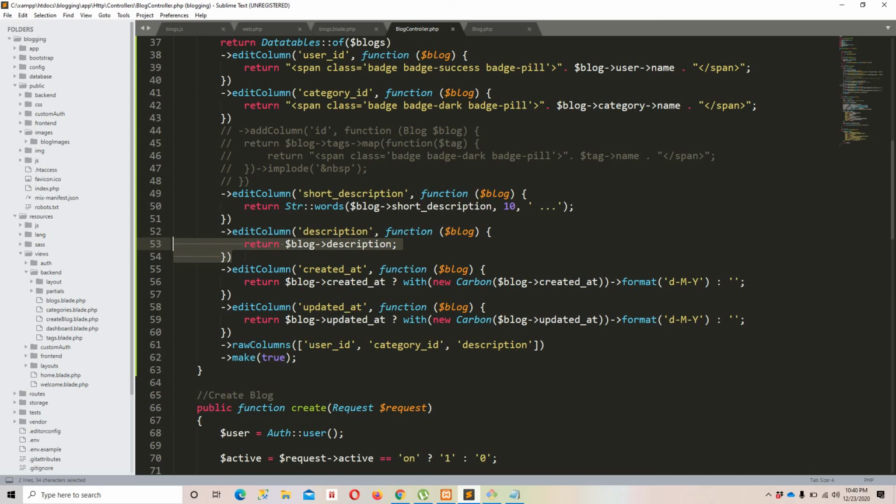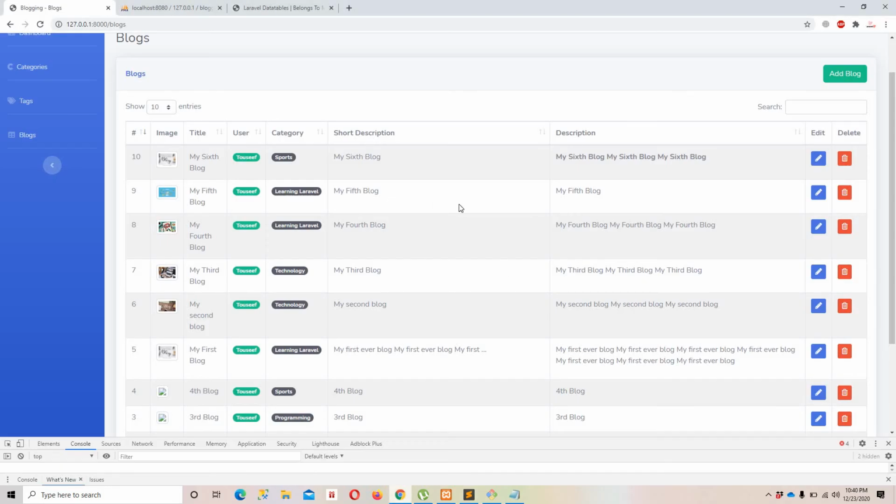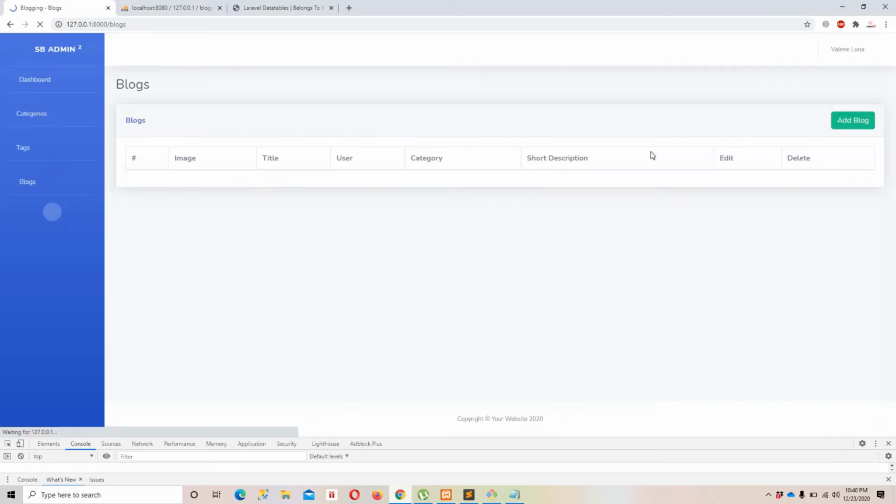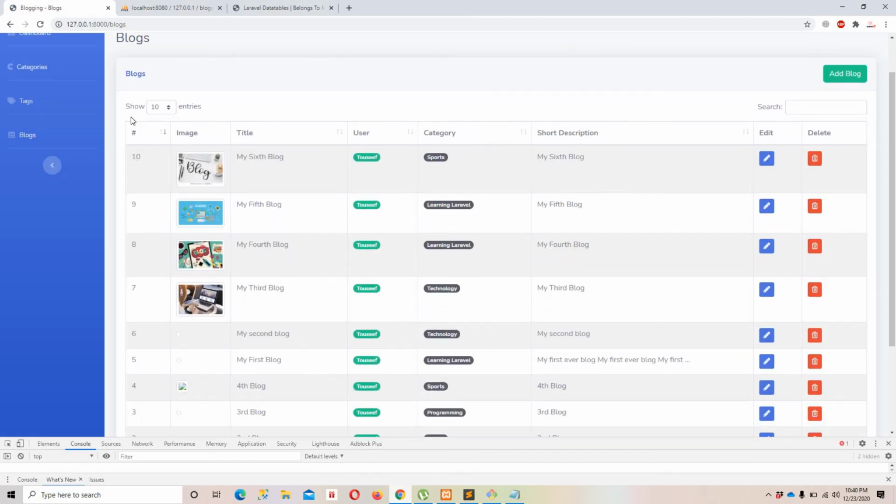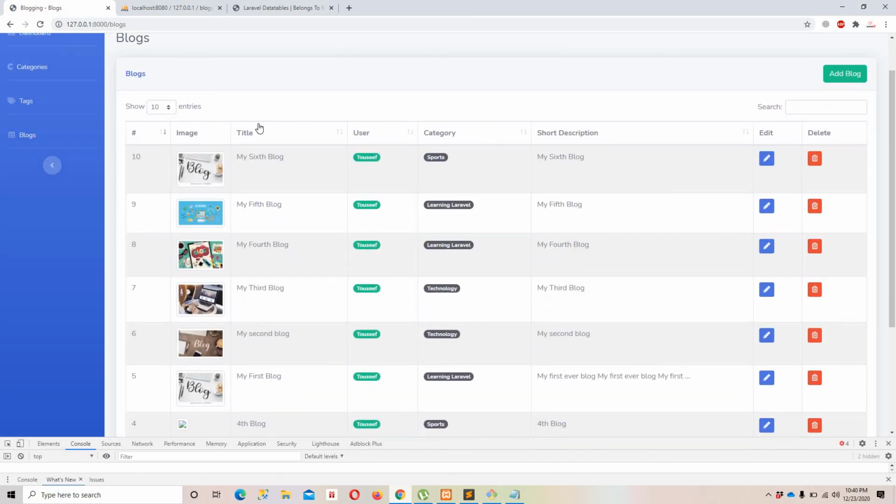Okay, it's totally your project, guys. You can use this description tags in the tables. I'm saying it again and again because it's your project. It's just that I'm not liking the table right here with description, short description. We have our title, we have our short description, we can get the idea of our blog. Let's refresh. Okay guys, so ID, image, title, user, category, short description,